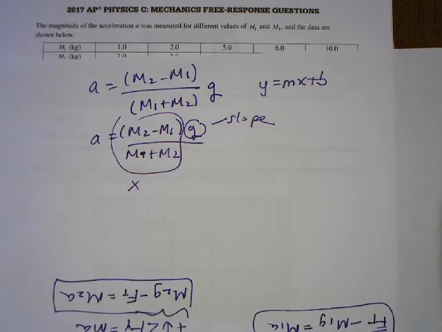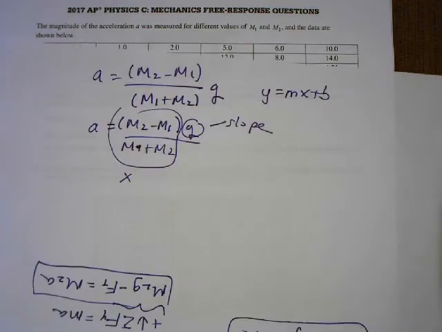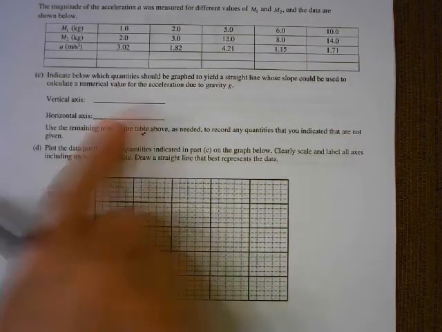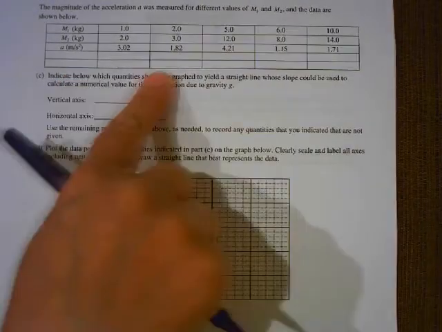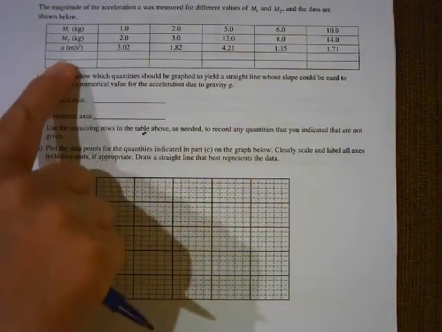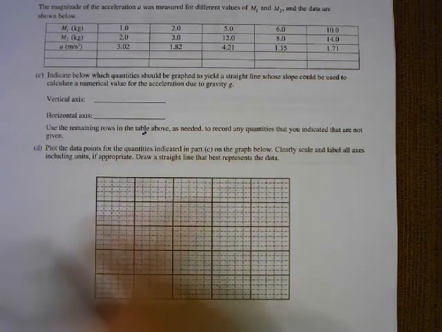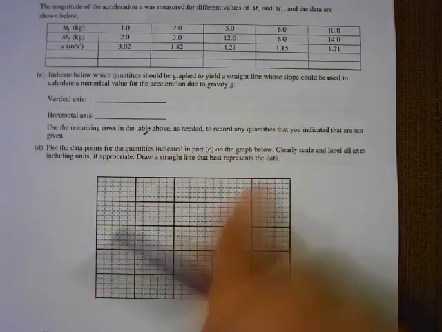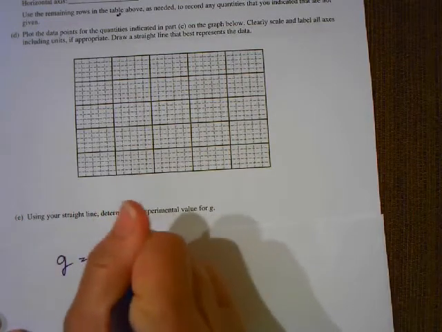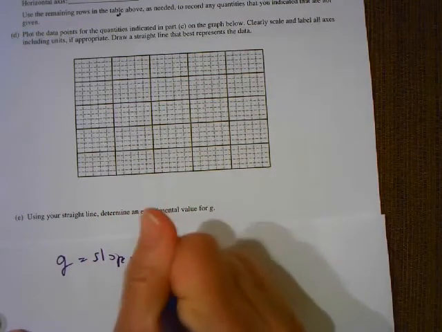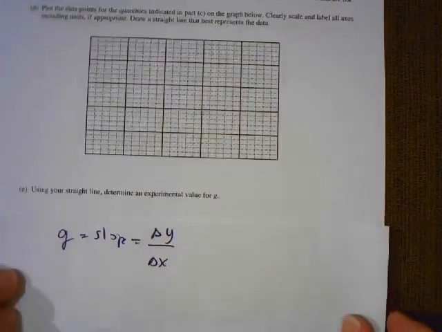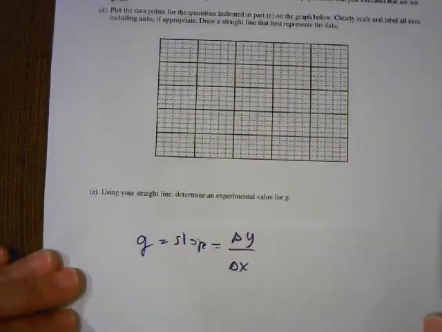After you do that, and again, they like to ask these all the time, you're going to put what those quantities are. You're going to then put in here what you're going to graph, and you're going to plot the points to a best fit line with a straight edge. And then here for the slope, remember, when I say determine g, well, if g is the slope, which is the change in y over the change in x,